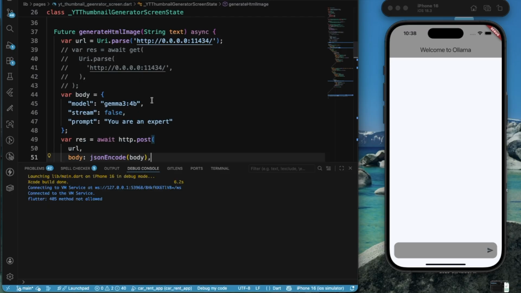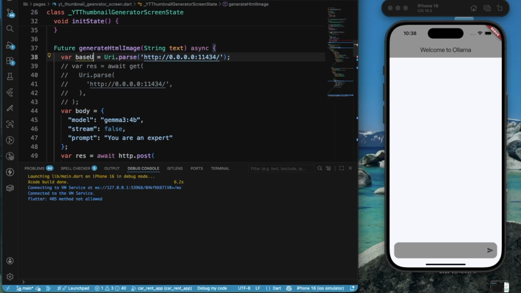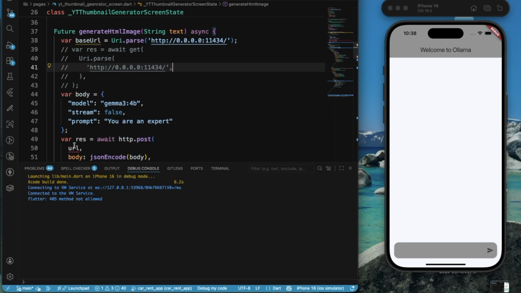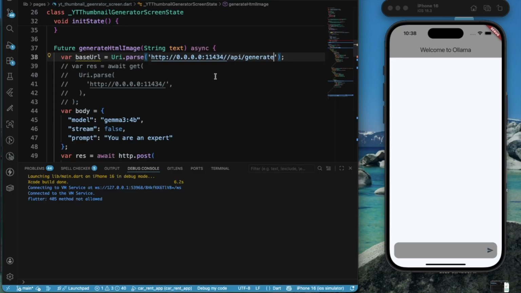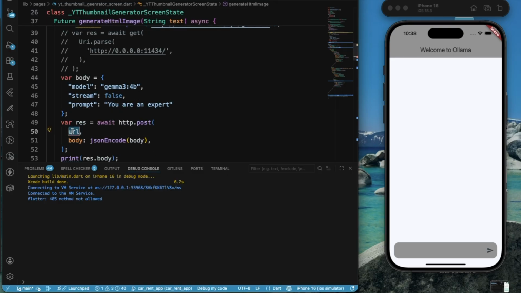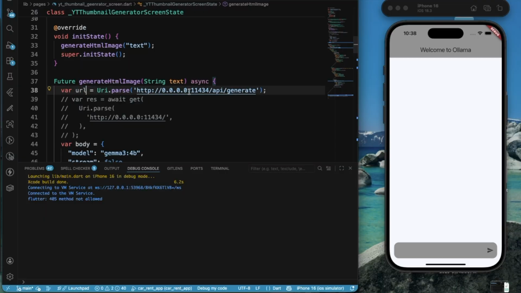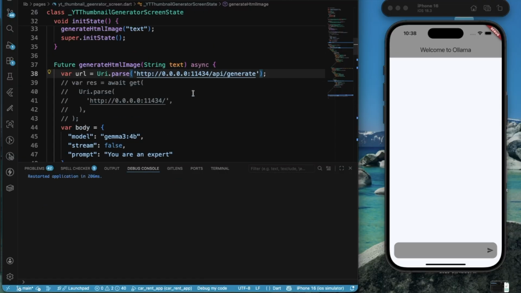So one more thing, this is the base URL that we are dealing with, but for the base URL we also need to provide the other format. So this will be the complete URL. Now if we restart this one,